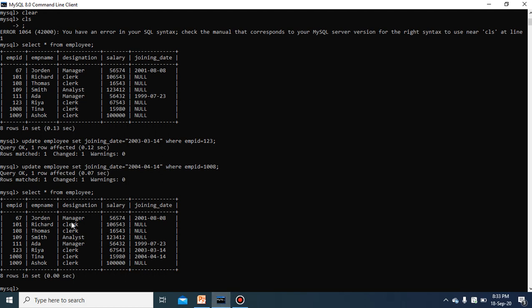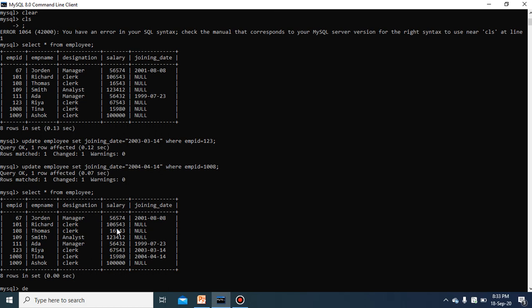Here you can see there is a table employee, and these all are the information. This is the column employee ID, employee name, designation, salary, joining date, and these are the records. And we want to delete the records, either the single one or the multiple one or whole record at once. First of all, we will see how to delete any specific record. Maybe it is a single one or more than one record based upon the where condition.